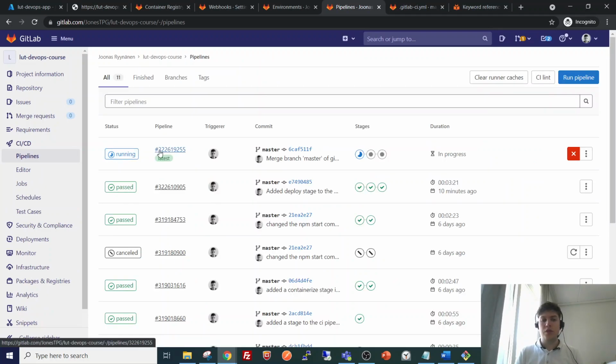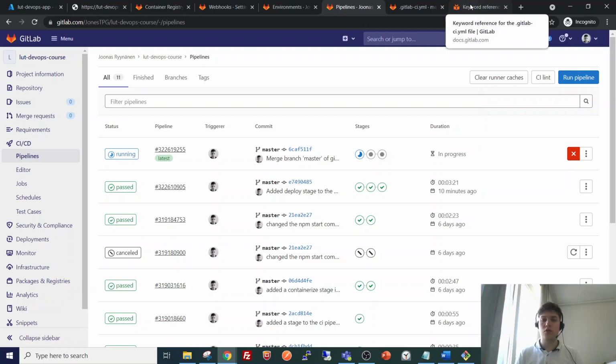So now we have a realistic setting where a software developer like myself updated the software and pushed the change to the main branch. Everything seems good here, so while the pipeline runs, we can see some additional configurations that we could make to the pipeline.